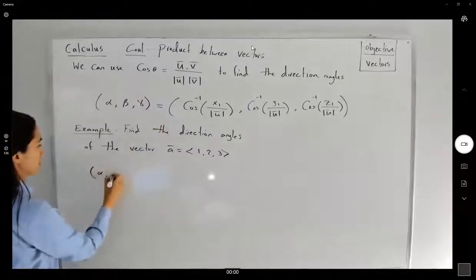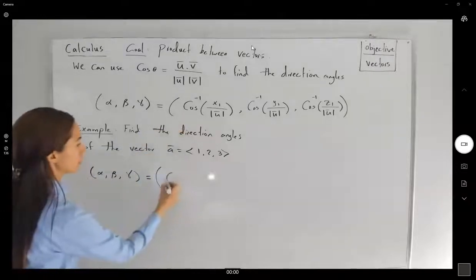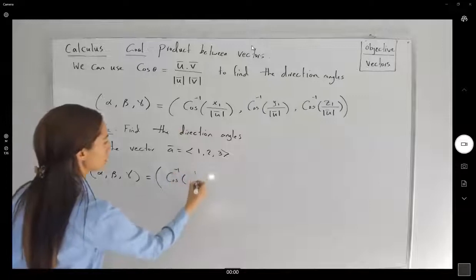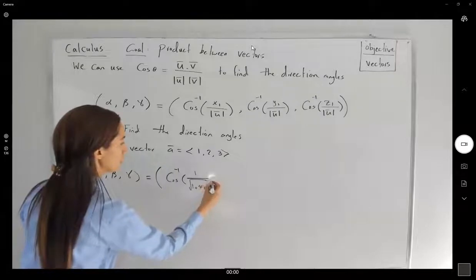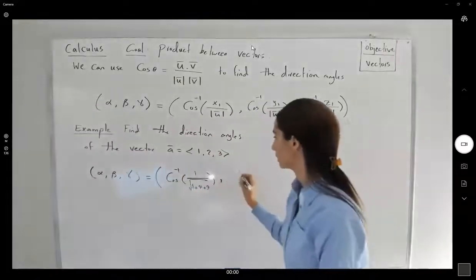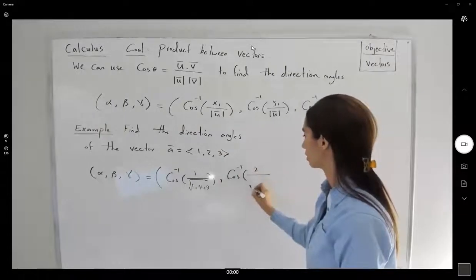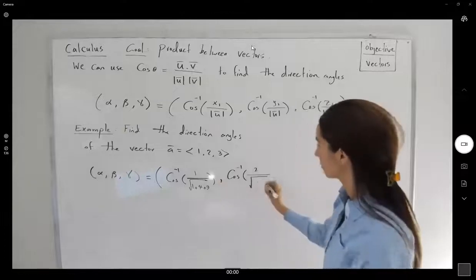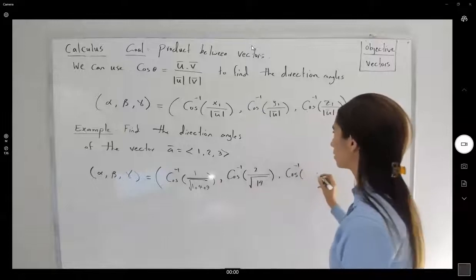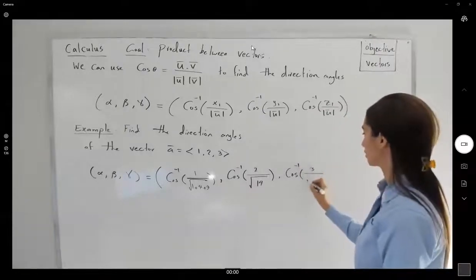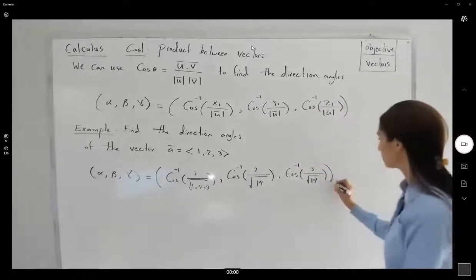Alpha, beta, and gamma are equal to: alpha is inverse cosine of 1 divided by the square root of 1 plus 4 plus 9, and beta is inverse cosine of 2 divided by the square root of 14. And finally, gamma is inverse cosine of 3 divided by the square root of 14. So let us use a calculator